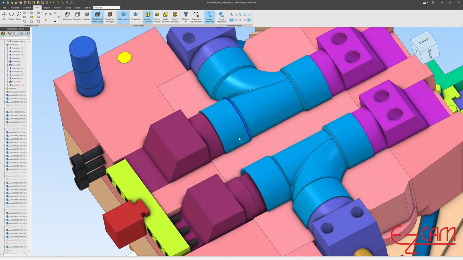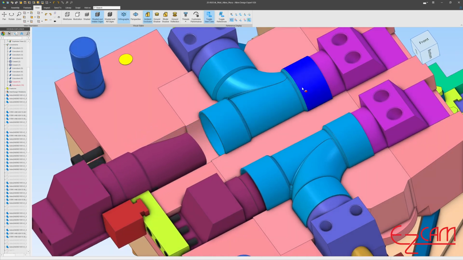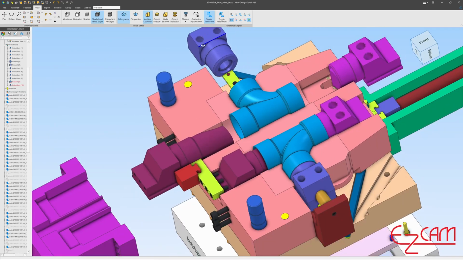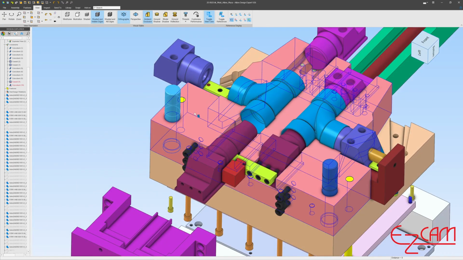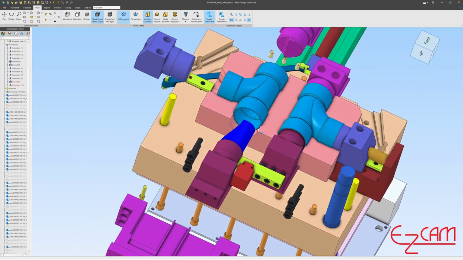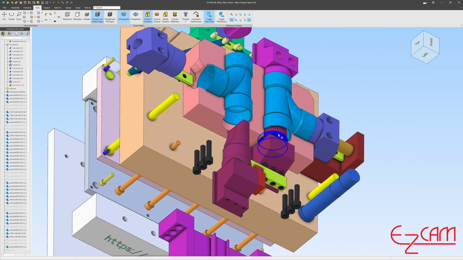Assembly models also enhance communication between the design engineer and the CAM operator. Verbal or written explanations are often not enough, and that's where a visual representation of the complete assembly can eliminate miscommunication and speed up the entire workflow.